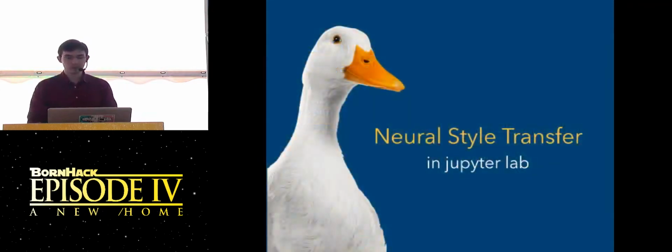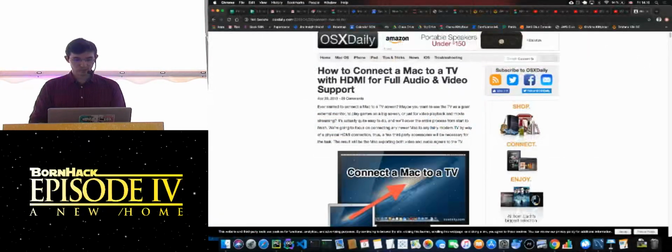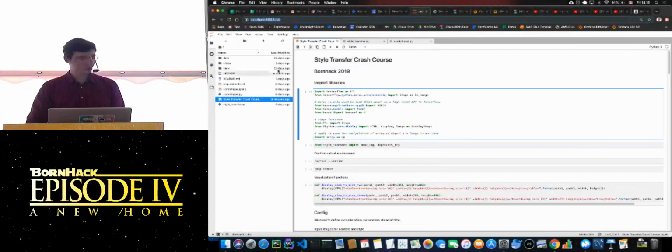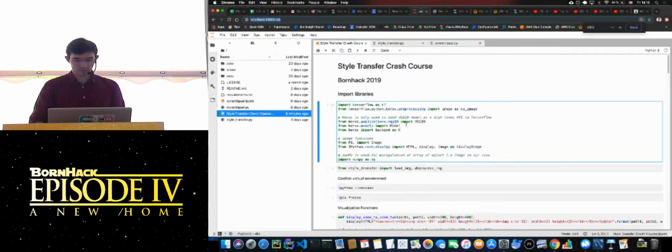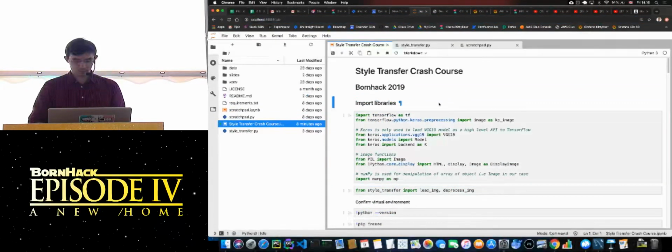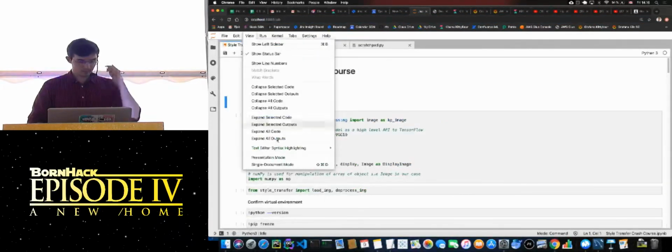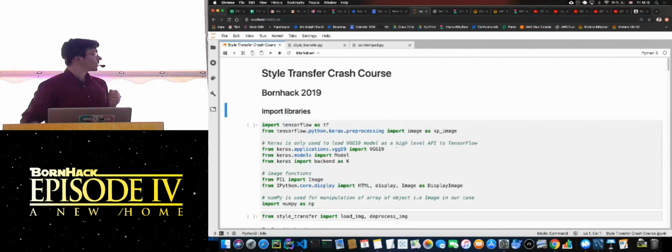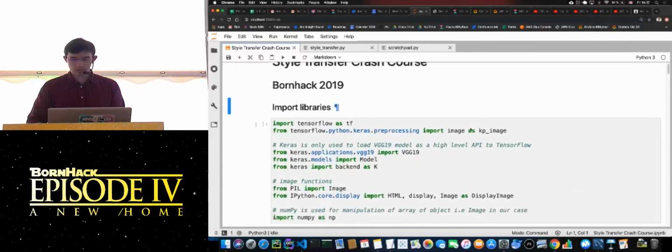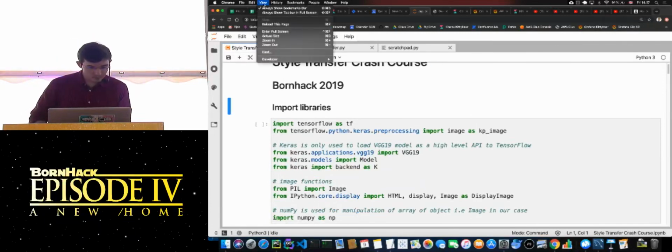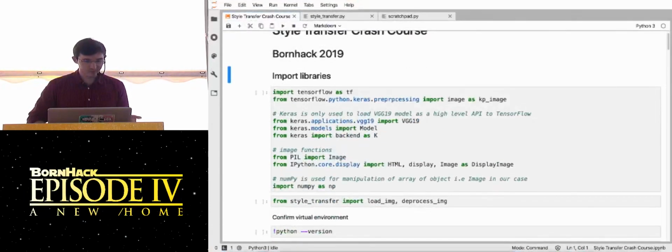Now you may be wondering why there's a duck here, and this will become clear in a minute. Can you see this? Probably not. Is this a bit better? Can you see? Bigger. Full screen Chrome. Yeah, let's check that. How do I do it? Green button thingy. But this is it, right? This is the same thing. Cool. Okay.